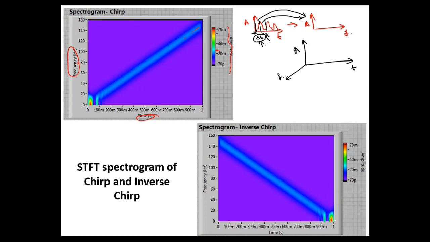So in this case, if you see our y is f and this is amplitude. Okay, so you can interchange all this. The main thing is that we get three-dimensional information over there where all the three components, time, amplitude, and frequency, are present. Now, if you see the spectrogram of the sharp and the inverse sharp, they are different. In the spectrogram of the sharp, as you increase the time, your frequency component is increasing, and in the inverse sharp, as you increase the time, your frequency component decreases.